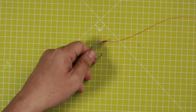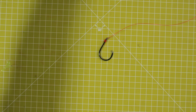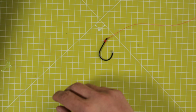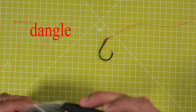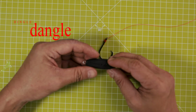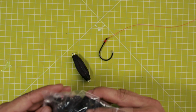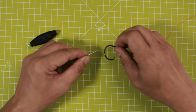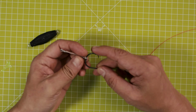Now, the South Africans have found a really good way of securing your bait so that your point is always proud, and they call it a dingle dangle. For illustration purposes, I will use a somewhat bigger one. It looks like this. You can use something plain, like just a piece of wire, just like this. And what you do is just put it there. And when you bait up,